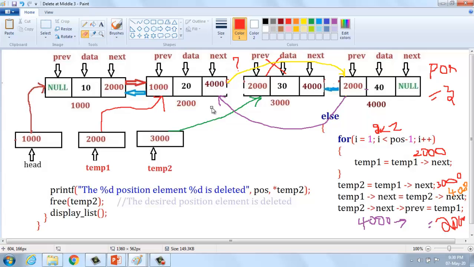There is no link from that node to that node.